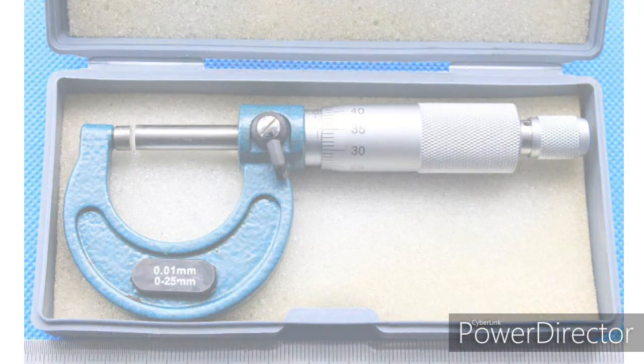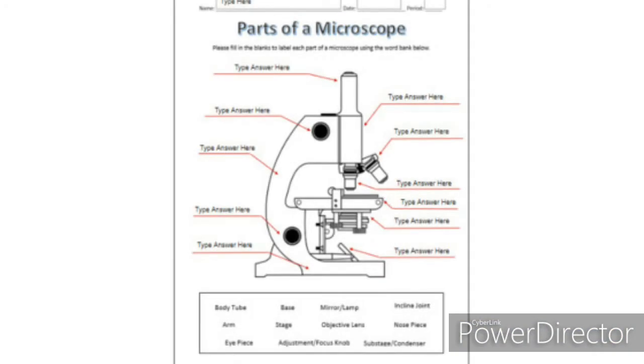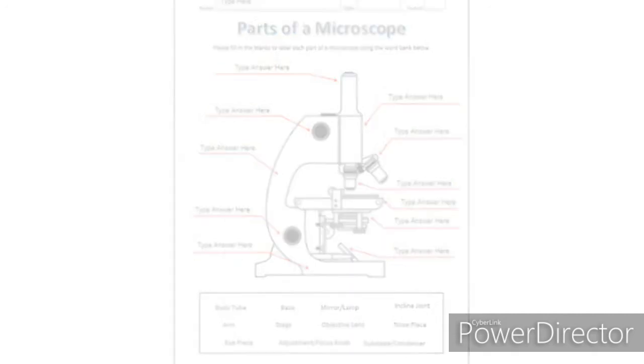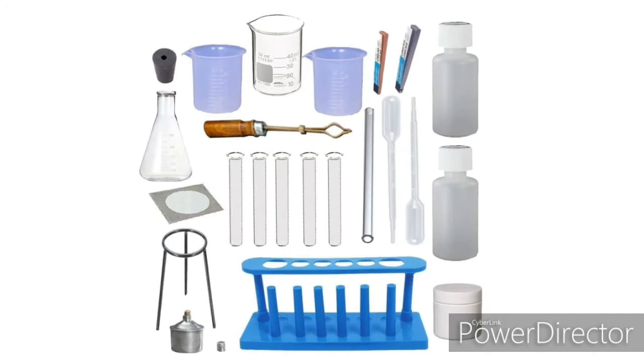In biology, microscope, slides, specimens, charts, all these you will see in biology apparatus. In chemistry, many will be there. Acids, bases, salts, different chemicals, they will be stored in glass bottles, and some salts and other chemicals will be stored in plastic bottles. You will see beakers, test tubes, funnels. All these will be there in chemistry apparatus.